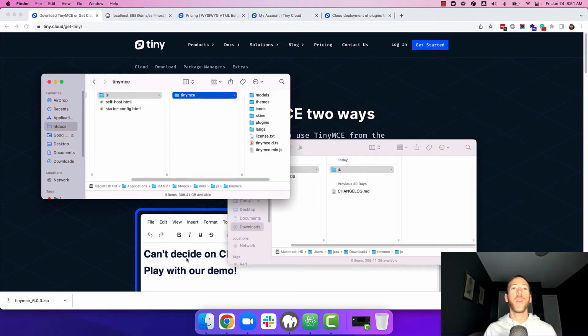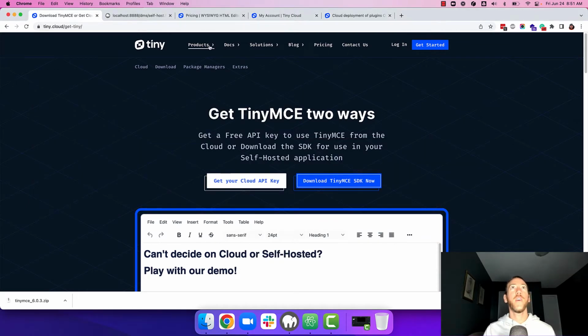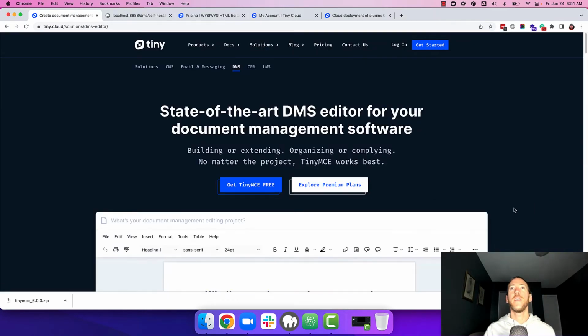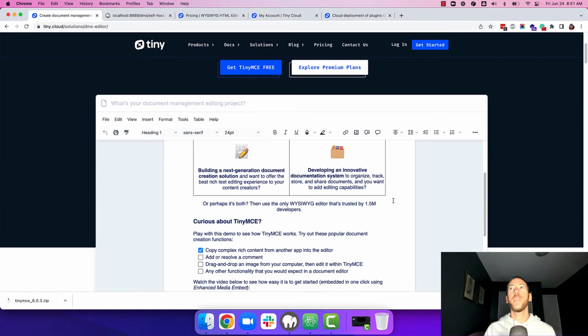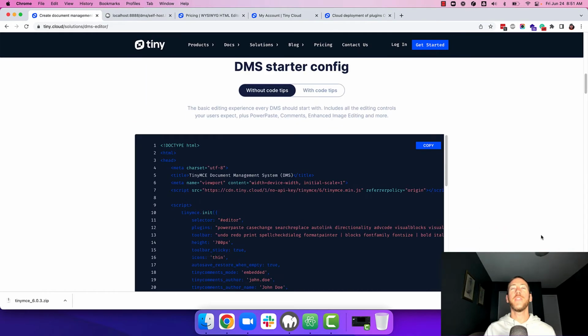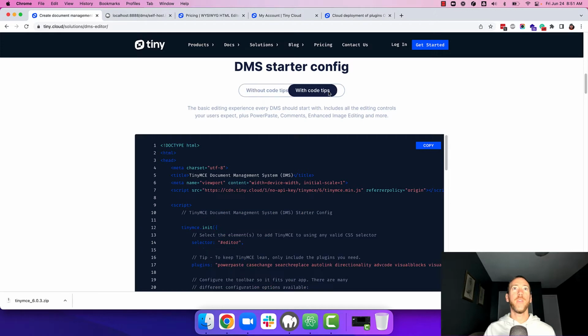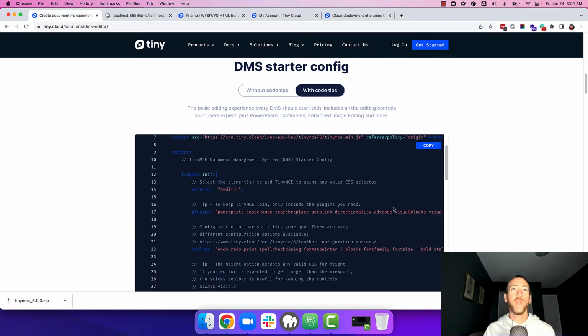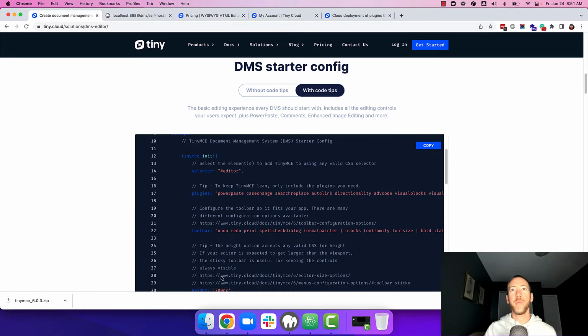Okay, great. Now we're going to go check out the TinyMCE DMS starter config. So go to tiny.cloud, click Solutions, and then click on DMS. Here you'll see a demo of the starter config, and if you keep scrolling, you'll see the starter config code snippet. We've got it available without code tips and with code tips. The code tips are really helpful if you're getting started with TinyMCE and you want to understand what each config option does and link back to the docs to learn more. So I'm just going to copy that starter config,